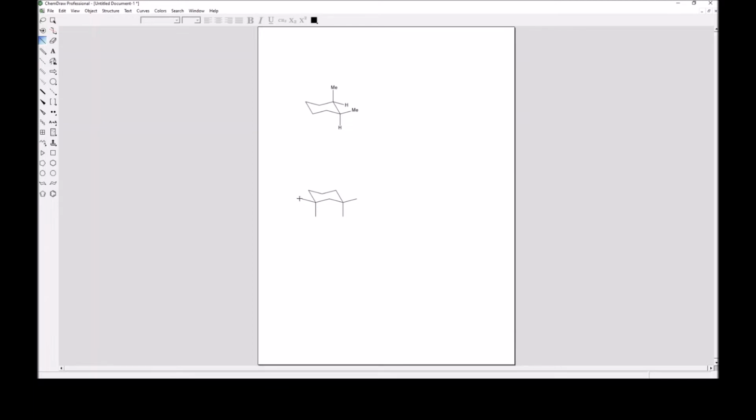The equatorial needs to be parallel to the line in the chair that is not touching, which would be this line right there. So there's my axial and my equatorial. And I'm ready now to fill in the